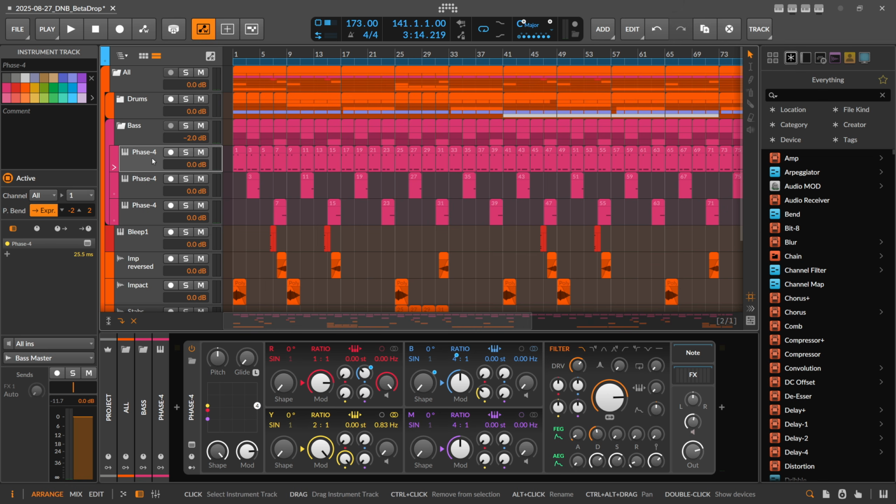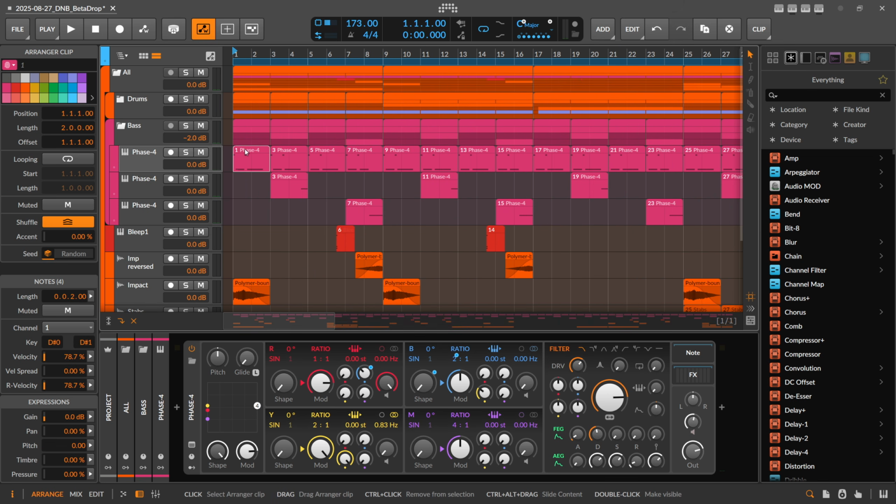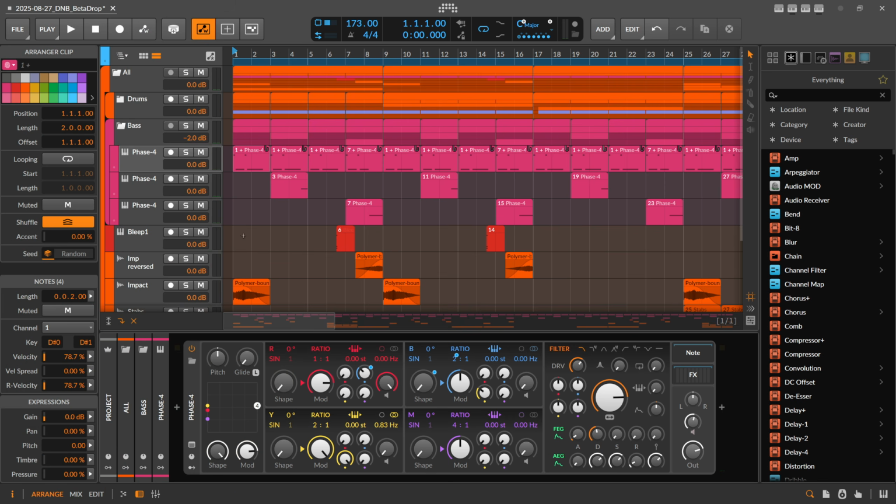We also have new clip features now. So when you click on a note clip here, for instance this one, we can now see on the left side this small drop down with some kind of fingerprint icon. We can click this and you can see it shows me different numbers and some patterns on the right side, which means Bitwig says there are actually different patterns and different clips, but they are actually all the same. And you can go down here to merge duplicate patterns,